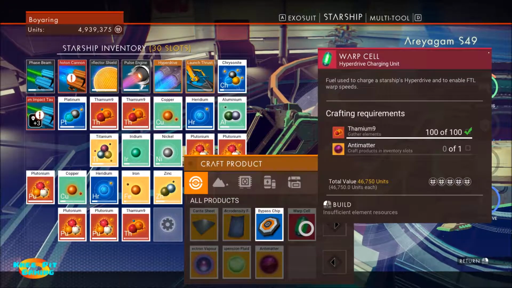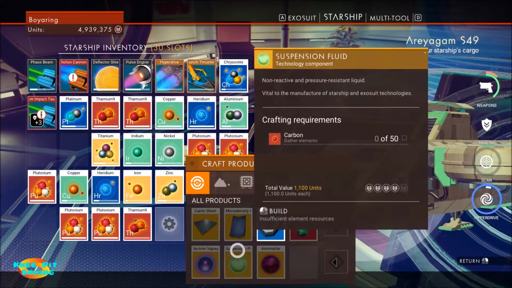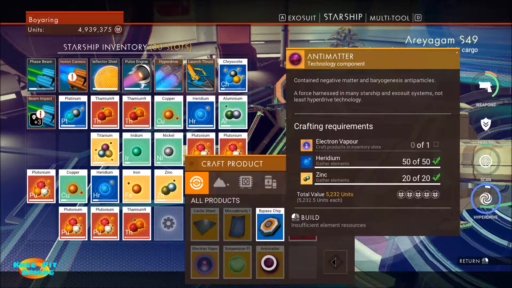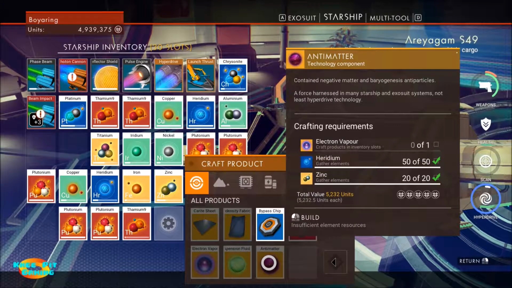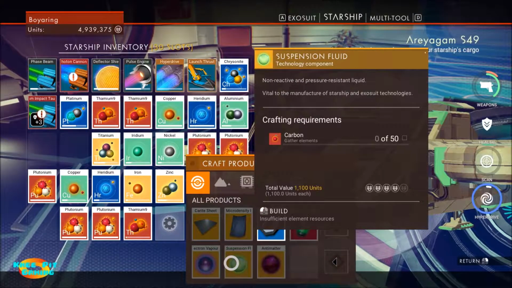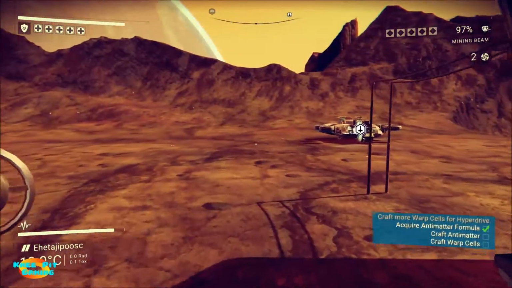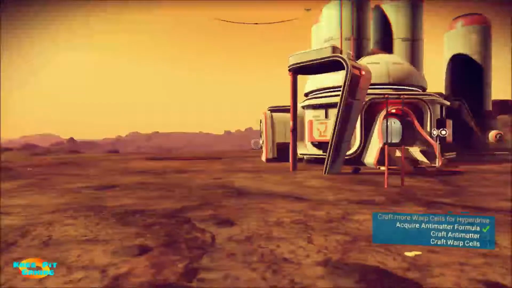Warp cells require Thamium-9, which is very easy and abundant in space, through the mining of asteroids. So we need one antimatter, and to get one antimatter, we need electron vapor, iridium, and zinc. The zinc has been pretty elusive, albeit I haven't really been looking a whole lot for. You find it mostly in the plants. So you need zinc and iridium. Iridium is found in large quantities in some places. So suspension fluid is only carbon, so you should be... Yeah, this shouldn't be terribly hard to make, although it remains to be seen whether or not we would just prefer to stop by a space station or